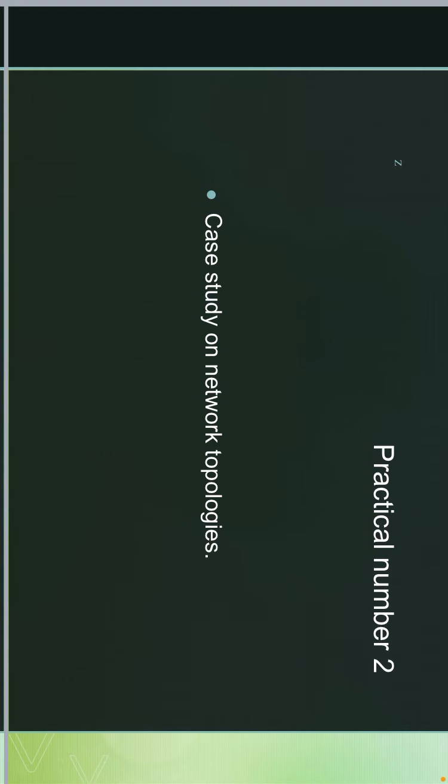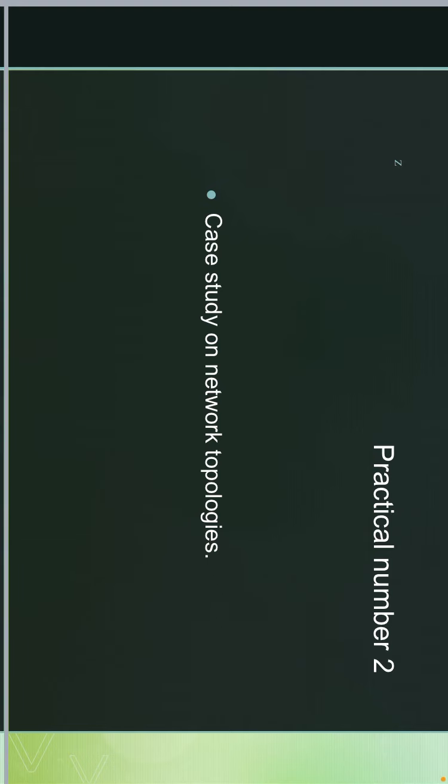Now before starting with network topologies, we had studied a number of points in our unit number 1. That was data communication. So what was data communication? It was the exchange of information from one person to another, or from one system to another system, and this is done with the help of some type of medium or media. That media can be guided or unguided, meaning it can be wired, wireless, or bounded, unbounded. So this was how data communication is done.